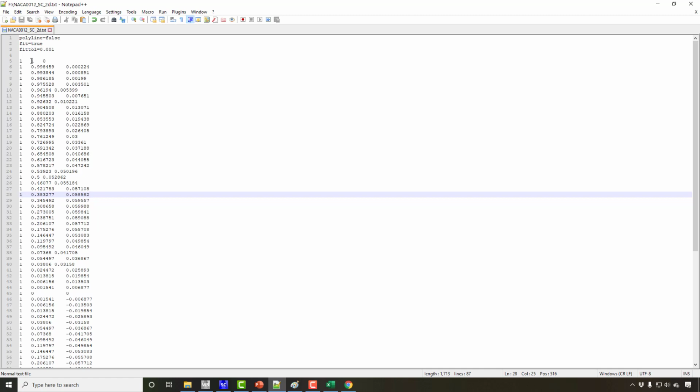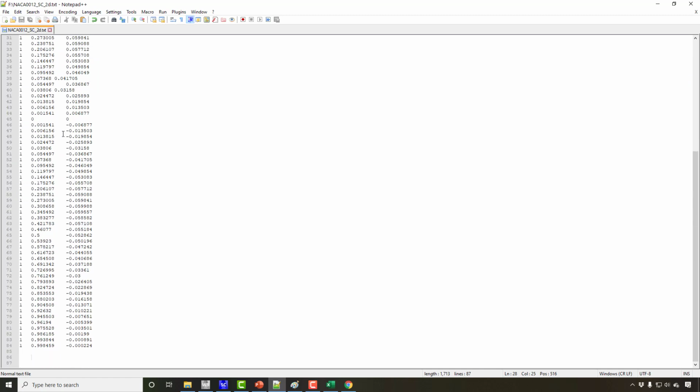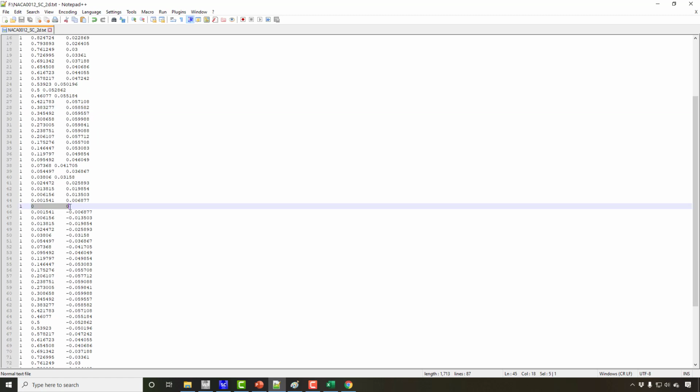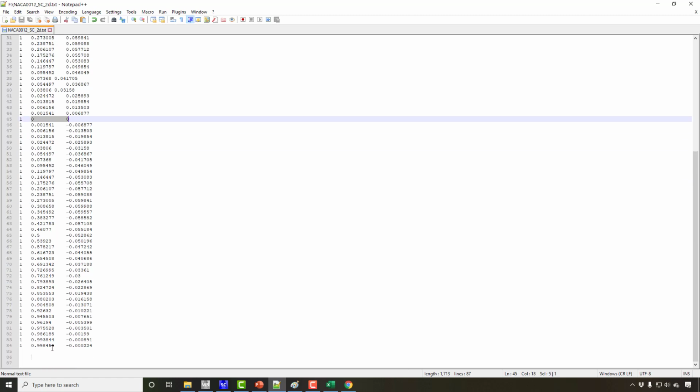Also I arranged the points as one, and instead of two curves I have one curve now. Every number in the first column is 1, and in the second column we have the x and y coordinates. The file is arranged starting from 1 0, the last point of the aerofoil at the trailing edge, then it comes to 0 0, the leading edge, and then it goes back to the trailing edge from the bottom side. One more thing you will notice is that I didn't put the last point, 1 0, here, because I don't want to close the curve. If I try to close it, by the nature of a spline, this will make a round part on the trailing edge, which is sharp here.